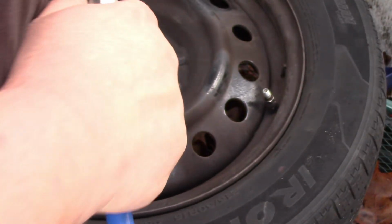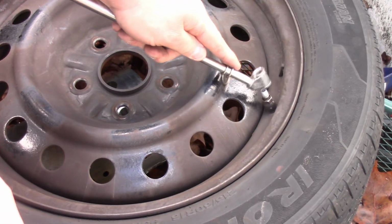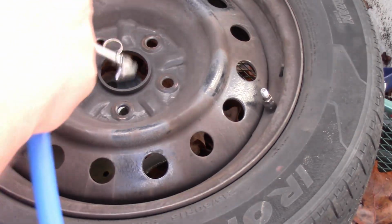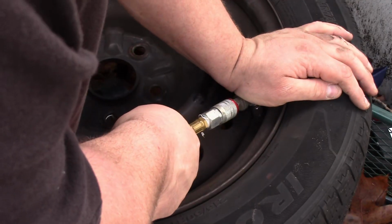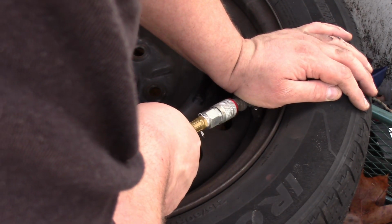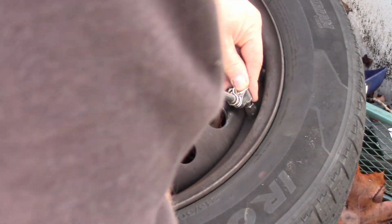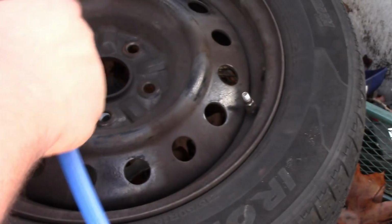Yeah, you could do this with your car's scissor jack and just one of those little portable air compressors. And I just dropped that right through the center of the tire. Or do your car scissor jack, go to a gas station with an air compressor. You know, you don't need any specialized tools to do this. And that would also be